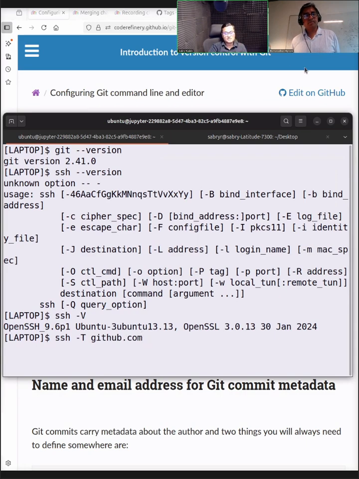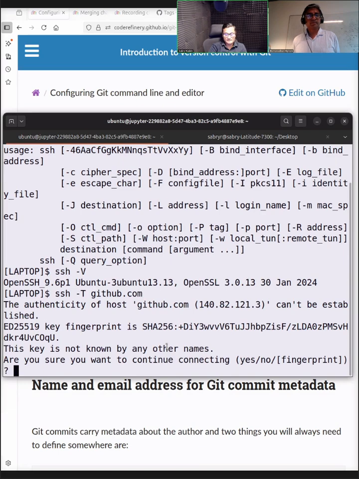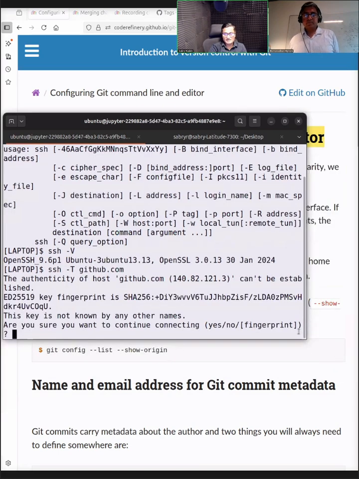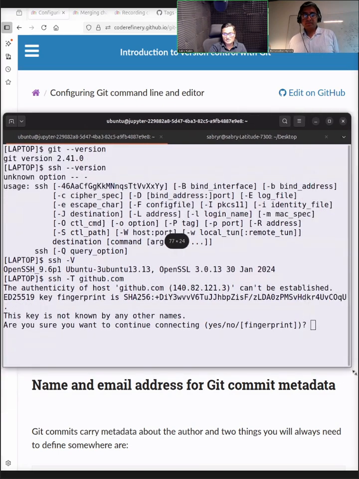github.com. So the first one is to check the version of Git. Second one is to SSH. When you have SSH, normally you have it on Windows, you have it in the PowerShell, and even in the terminal you have it. And then what you do is with a capital T to see whether you can connect to github.com. The first time when you issue that command, it will tell you that you are going to connect